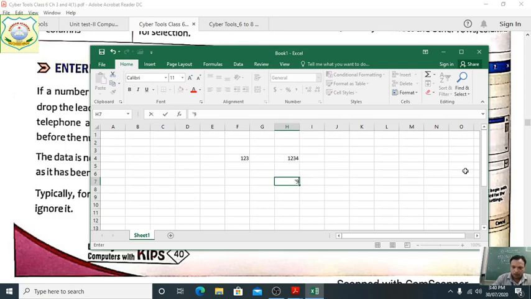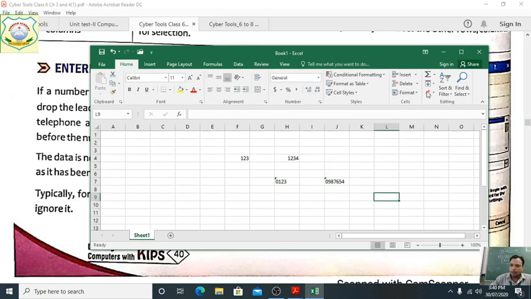Now 0, 1, 2, 3, 4. Now you can see 0 is given here as text. Next one, again I am showing you 0, 9, 8, 7, 6, 5, 4. See here, I have not typed the apostrophe, so the 0 is not showing. If we type the apostrophe sign, then 0 is written here. Okay, see here, clear, students?